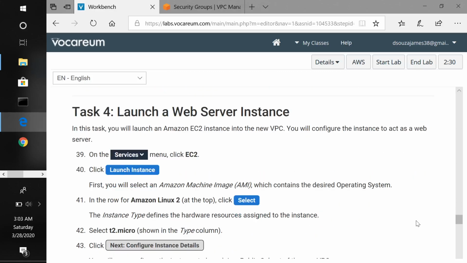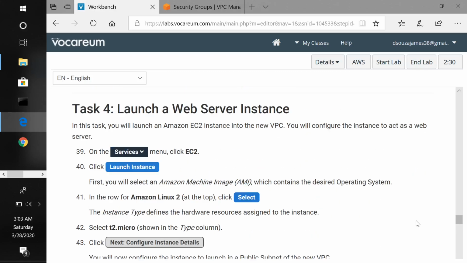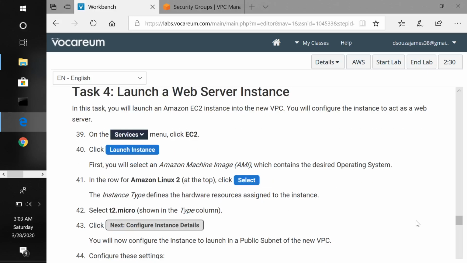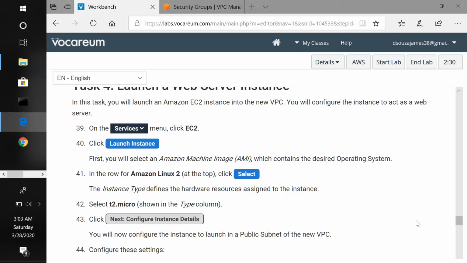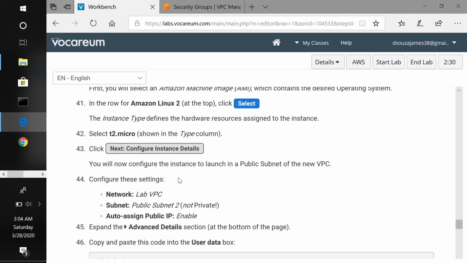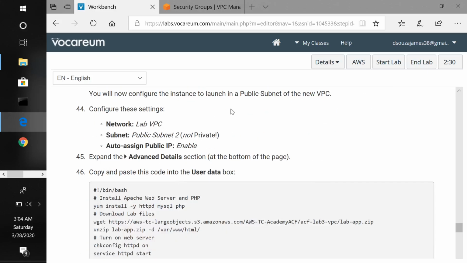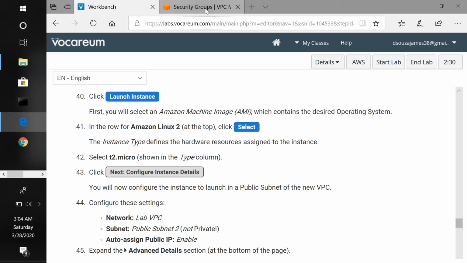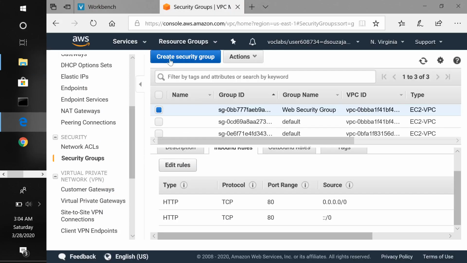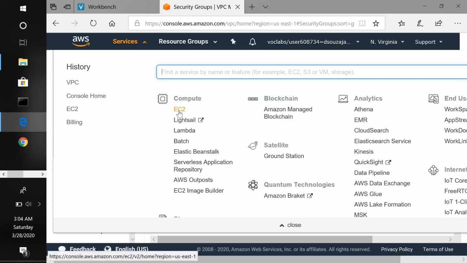Next, we have to create an instance with a web server on it. We have done an exercise on creating an instance already, but let's go ahead and do it again for this lab. So services, EC2, launch an instance, create an image Amazon Linux 2 of type t2.micro. Next, configure instance details. We will do that later. First let me do all the steps. So I click services, I select EC2,